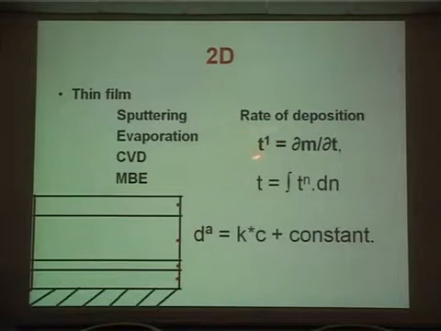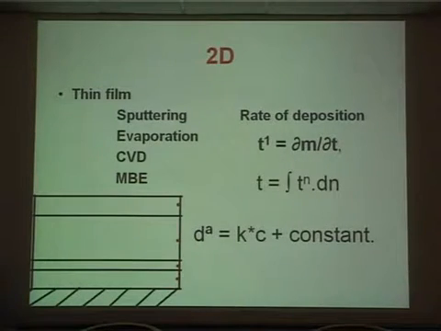Suppose T1 is the thickness of this particle. It depends upon dm by dt, where dm means the rate of deposition of the particles. So if T is the total thickness, it will be the integration of T. So I thought, let me scale this equation into one simple form, where I get one straight line. The key factor, so I put empirically this formula so that it will form a straight line. The rate of deposition I have put in this factor, so I should get a straight line.